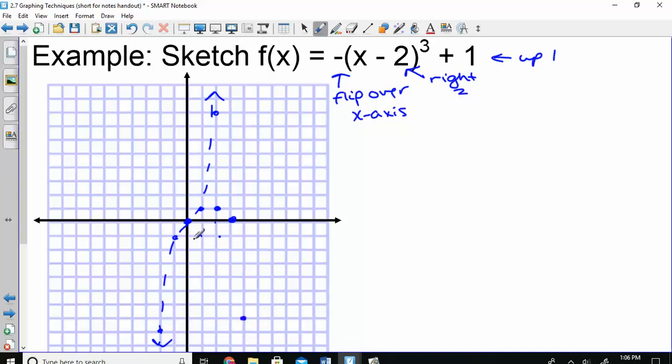Right 2, up 1. -1, -1. Flip it, it goes to +1. Right 2, up 1. So our graph looks something like